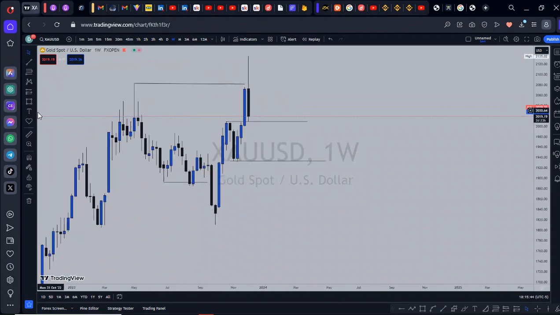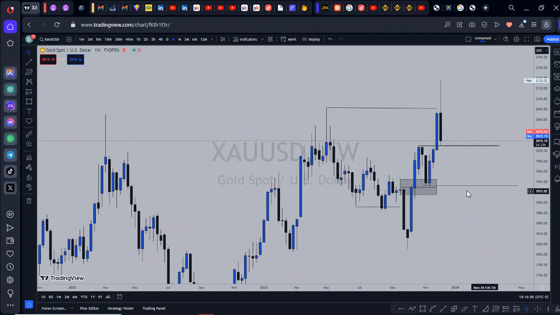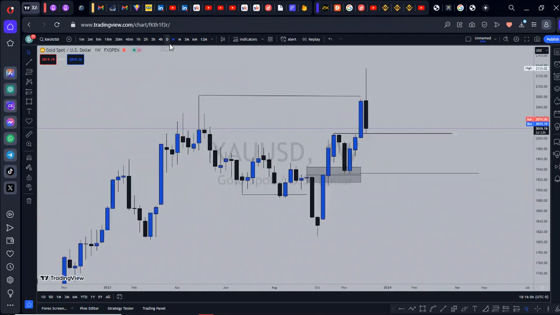So it violated an area of supply that was supposed to continue the bearish market, because you can see you have this lower high, lower low, lower high, lower low, lower high, lower low. So the supply that was supposed to continue pushing this price lower got violated, and price retraced backwards to it and used it as an area of support, and we can refer to that as a breaker block.